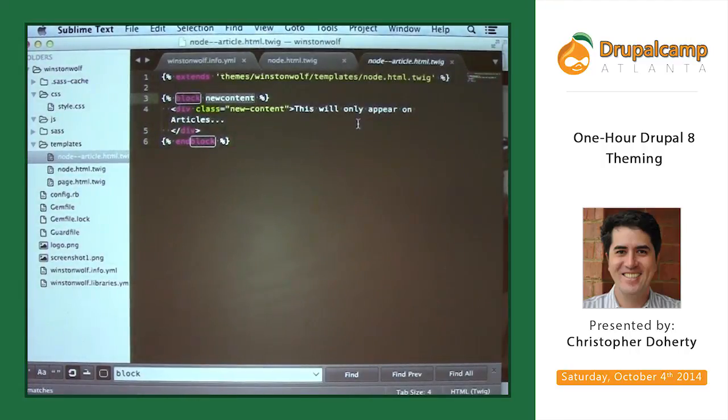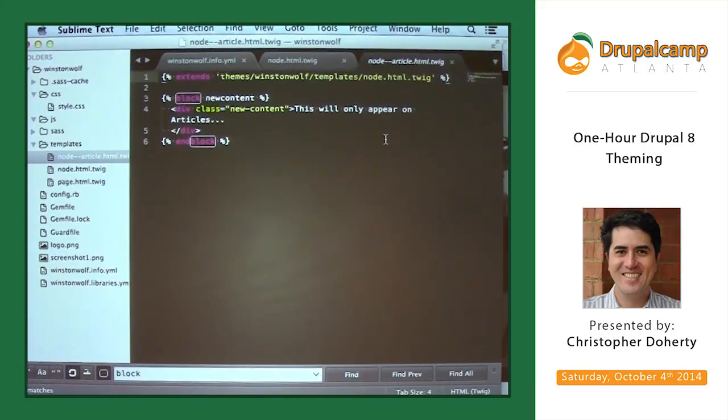In this particular template, I'm referring back to the node.html.twig, and this is where I'm defining it. I'm saying this block contains this content, and I'm going to inject it only on articles into this.